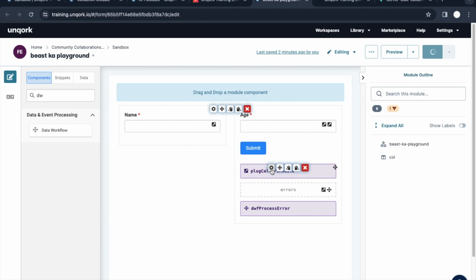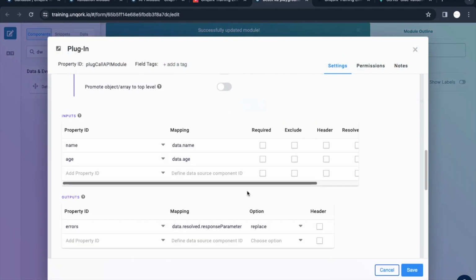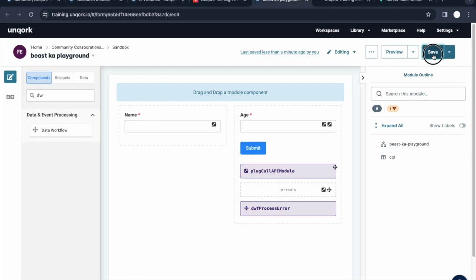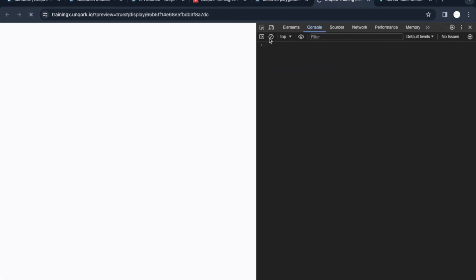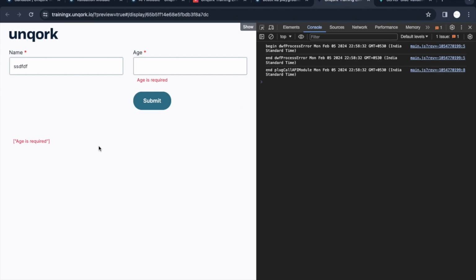Okay, I think we haven't triggered that data workflow. Let me do that. So yeah, post trigger of this, I will call this data workflow. Okay, let me refresh. Let me put some name here, submit. So see, now you can see here we are getting this message, right? Age is required,